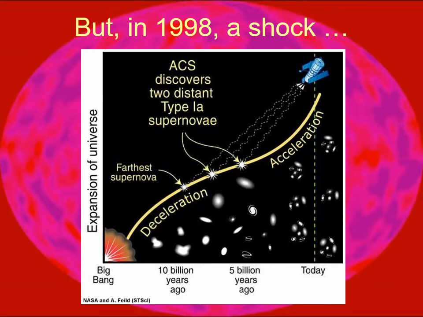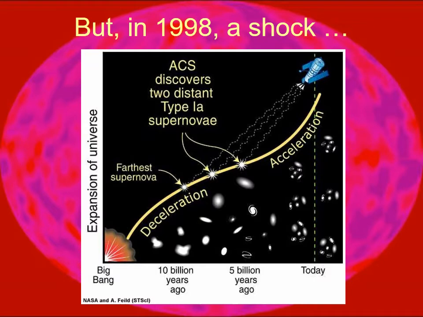The problem is, 1998, I was at a meeting of the American Astronomical Society. It was actually in Austin, Texas that year. And they presented the results of two different studies. Now, neither group of astronomers knew the other one was working on that project until shortly before the meeting. And they were both looking at the most distant objects, type 1a supernova.